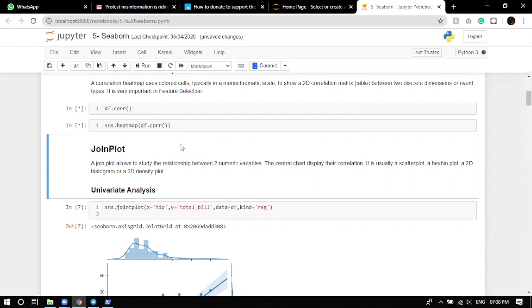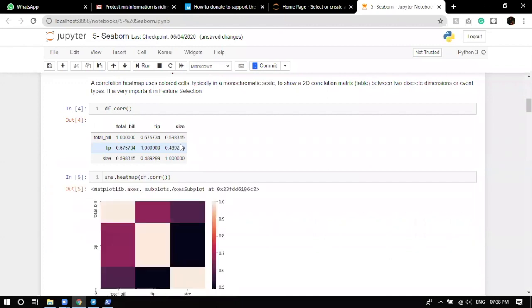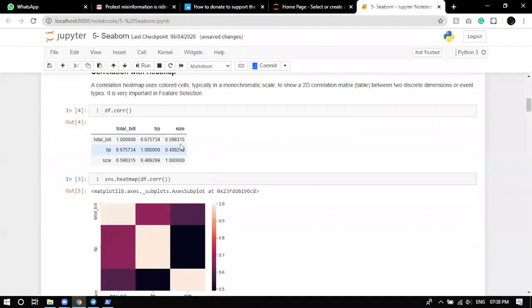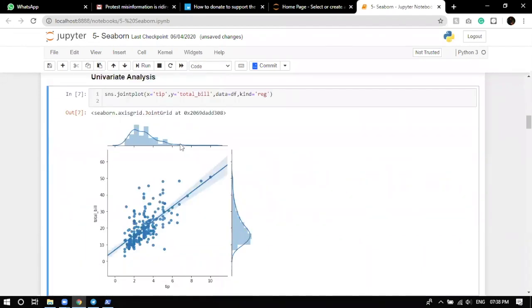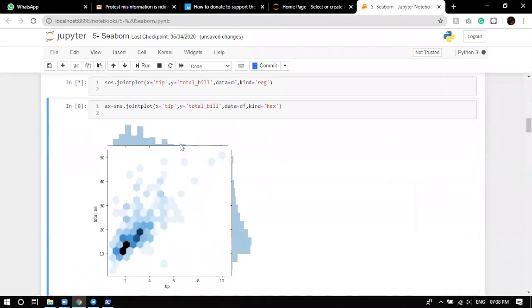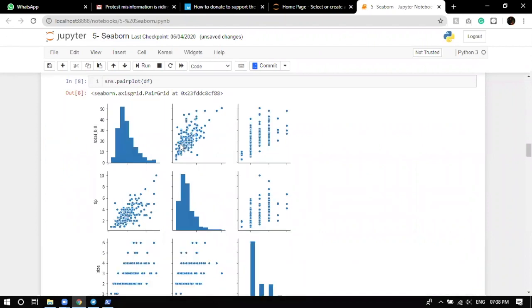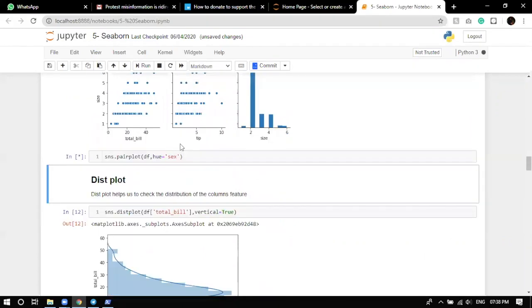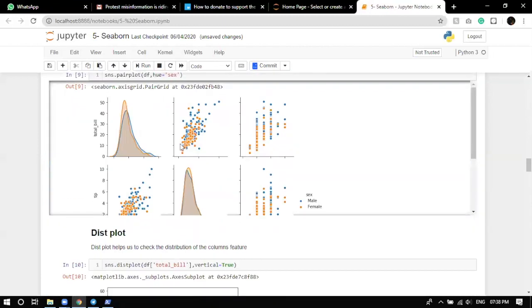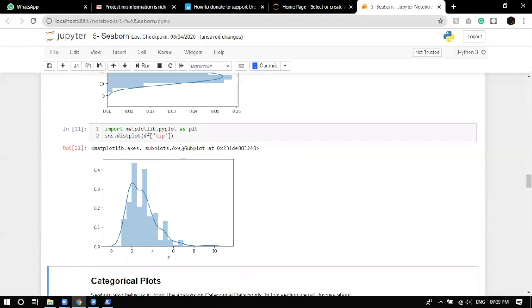The joint plot was just a combination of different charts which are there in Matplotlib, which is scatter plot, distribution plot, and so on. As you can see, it's a scatter plot also. There's a histogram also. Then we came across pair plot. Pair plot gives you a kind of correlation, but instead of giving a number, it shows you the relation in the form of a graph. Then we have distribution plot, which gives you the class distribution of any continuous variable that you're passing.